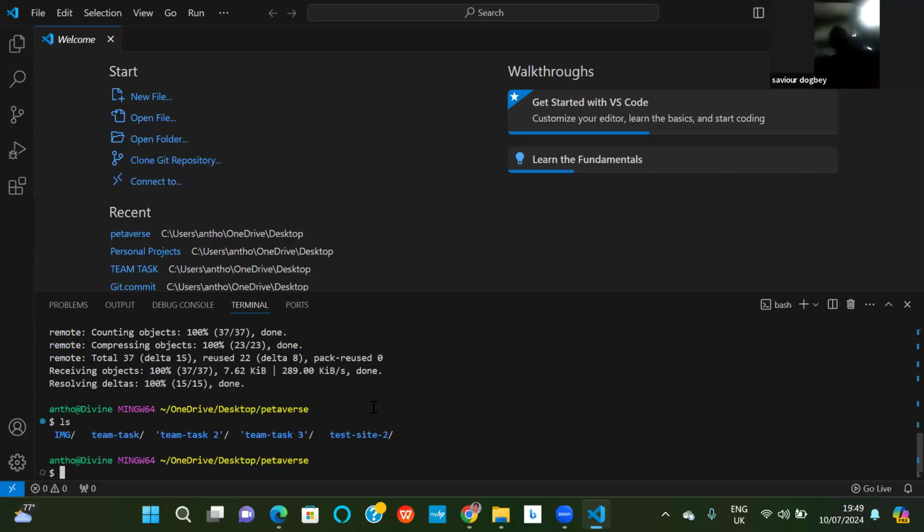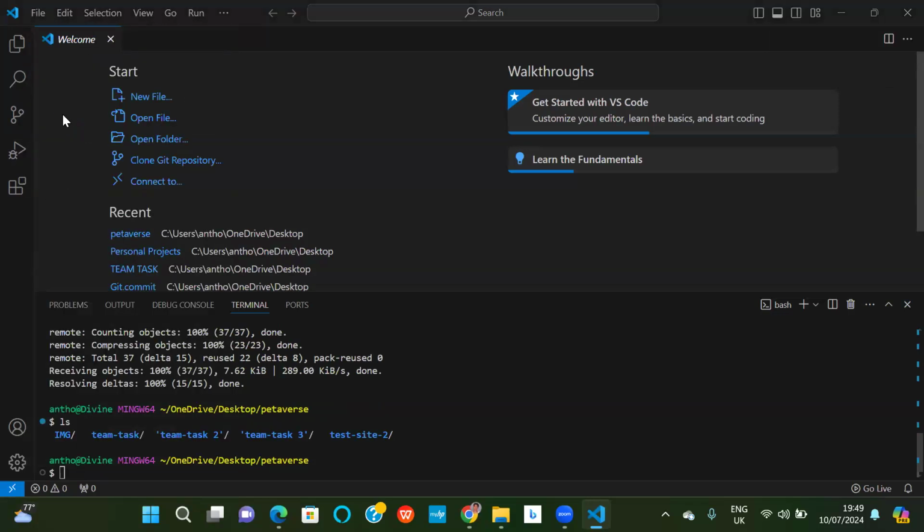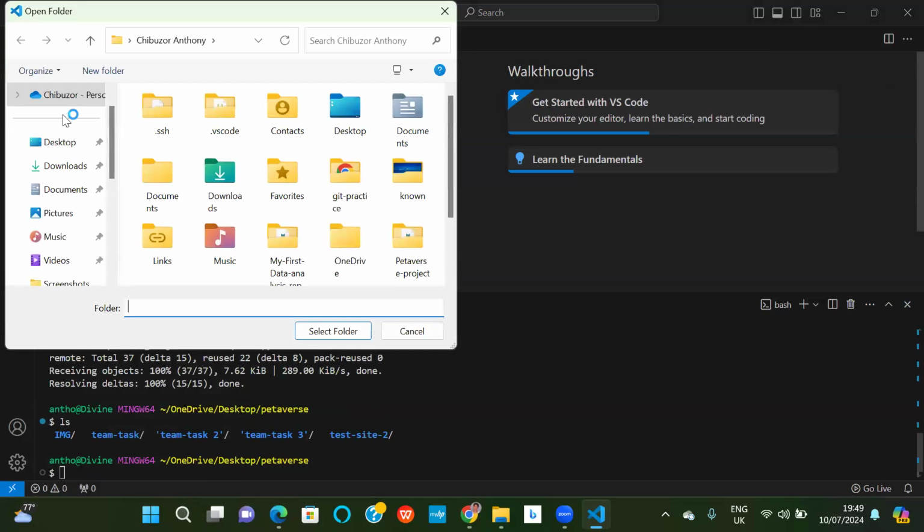Go to file, to open new folder. That's what I need you to do. Then open this one you just cloned. So you have it inside which folder? Inside desktop.